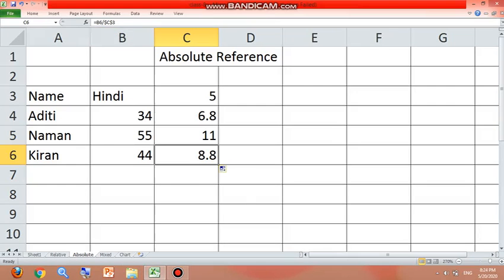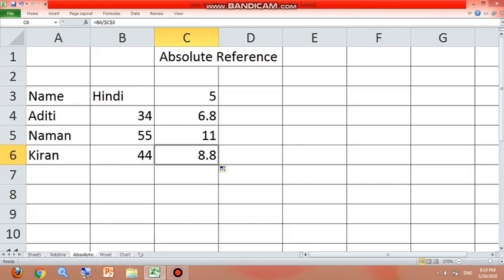In the next cell also, B5 has become B6, but that C3 cell address has become constant, has become fixed. So this is absolute reference, in which we can make the address of any cell constant or fixed by using the dollar sign.